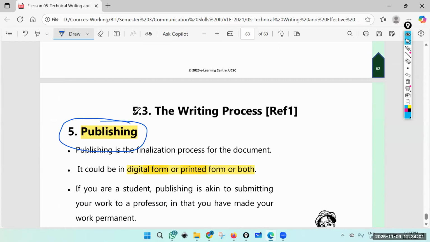and publish it. If you are supposed to print it, how to do the binding,